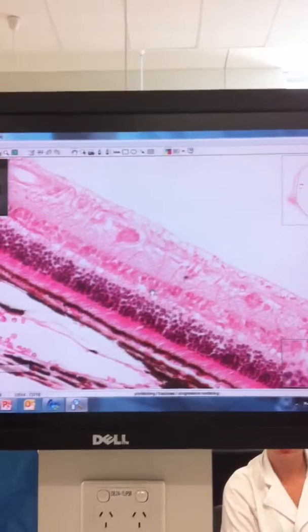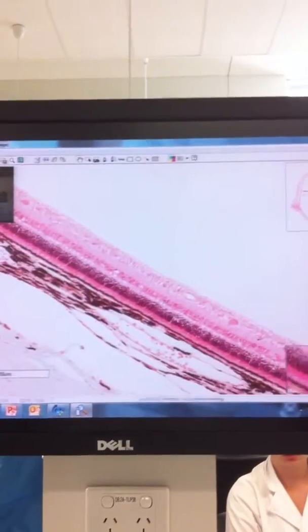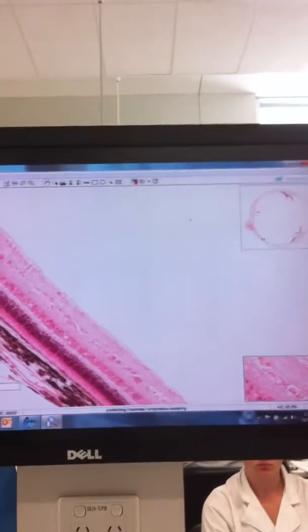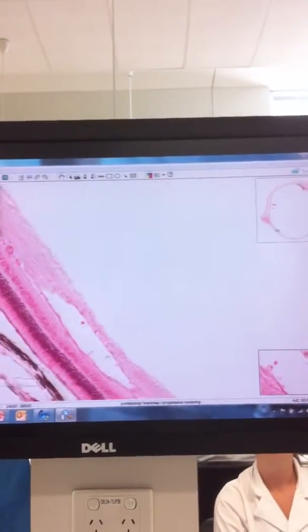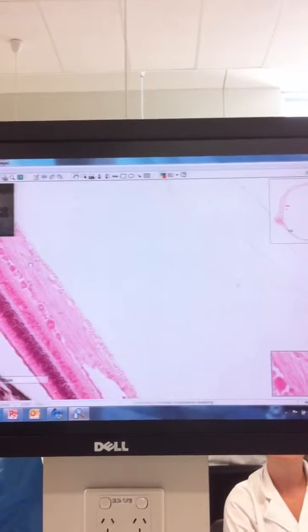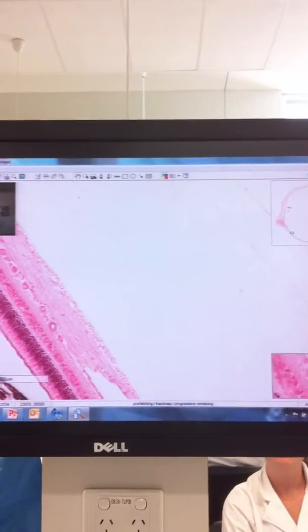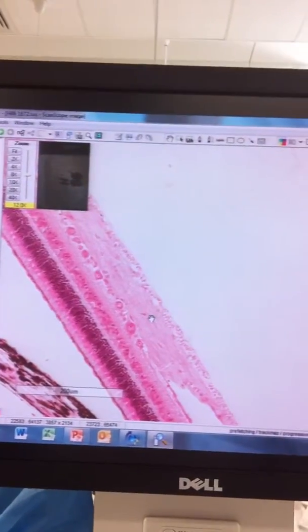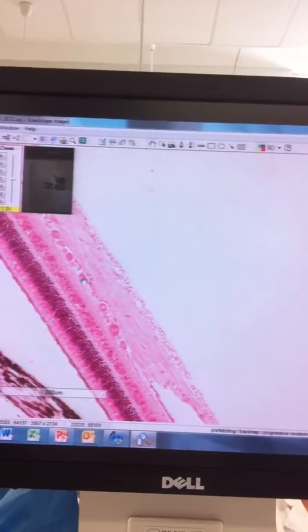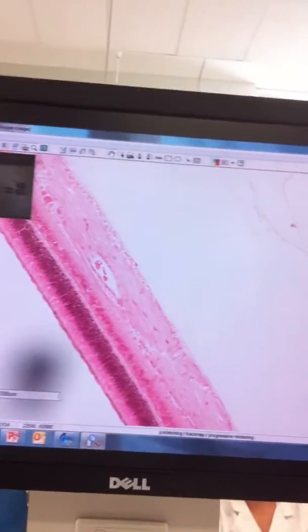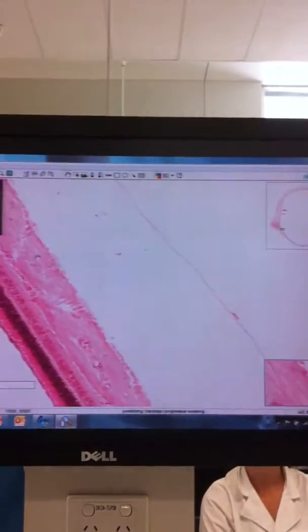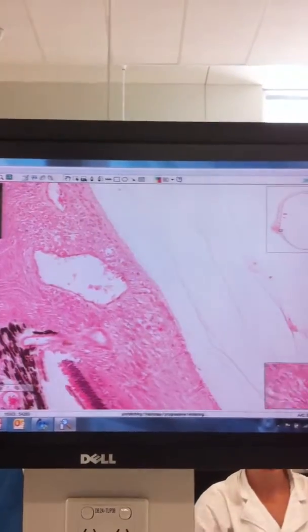Now, I'll go to slightly higher power. If you look at the top layer here, as we get closer and closer to the optic disc, you will see that the layer on top becomes thicker and thicker. So there's the ganglion cells there. You see this thickening here, the processes, as we get closer to the optic disc. You can see the big, obviously, ganglion cells. Just dragging it around, it's thicker again. By the time we get to basically here, which is the optic disc,